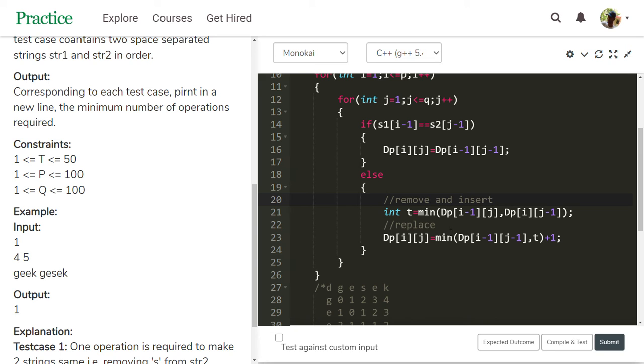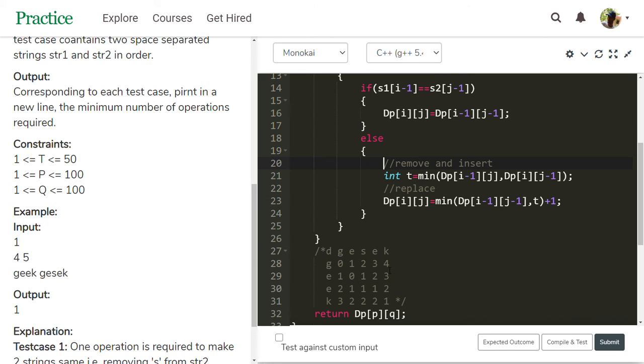Replace happens when we go diagonally. See this one is affected by a 0 because there are three values. This is the diagonal effect. This is a replacement. See, e is replaced with s.